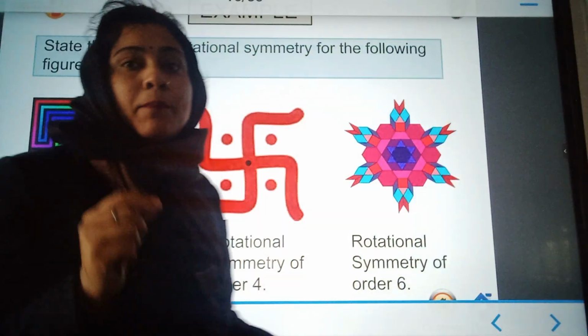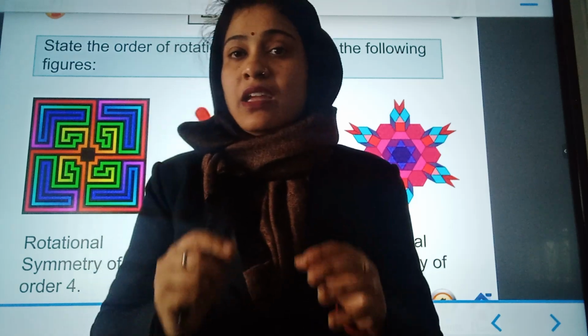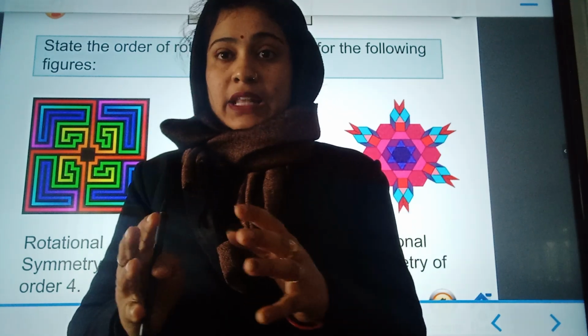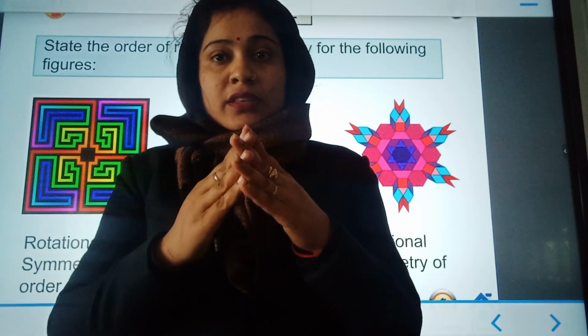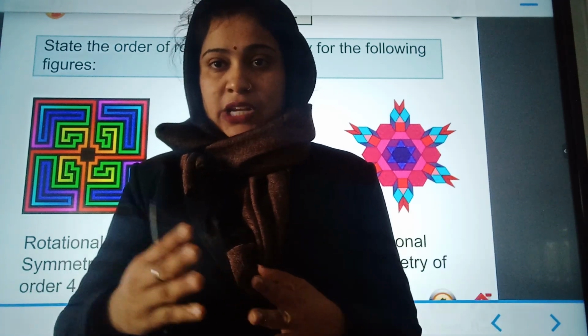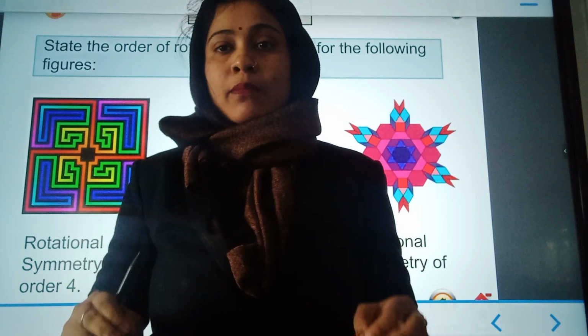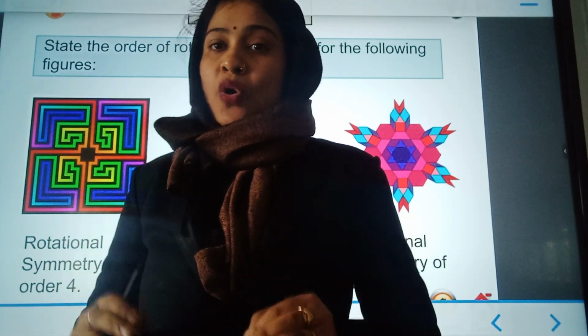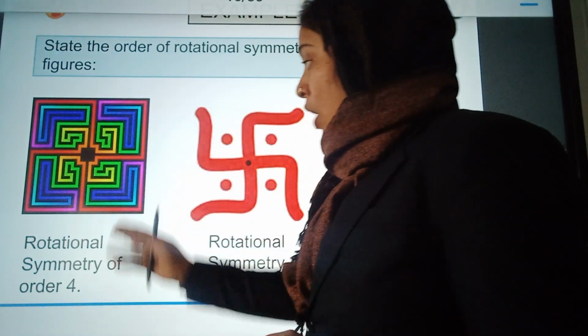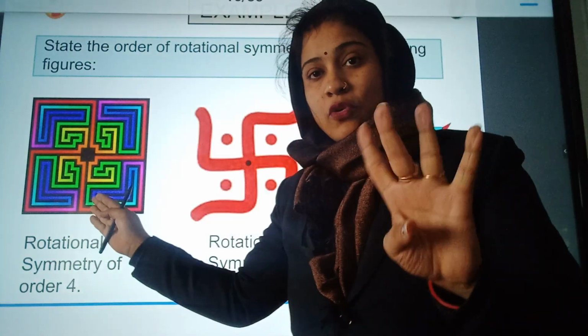Now what is the key point you should understand? If any figure is such that all its sides are equal, then there is no hard and fast rule in the calculation. Look at the number of sides which are equal, and that will be the order of rotation. Now, here we go. In the case of a square, all the 4 sides are equal.